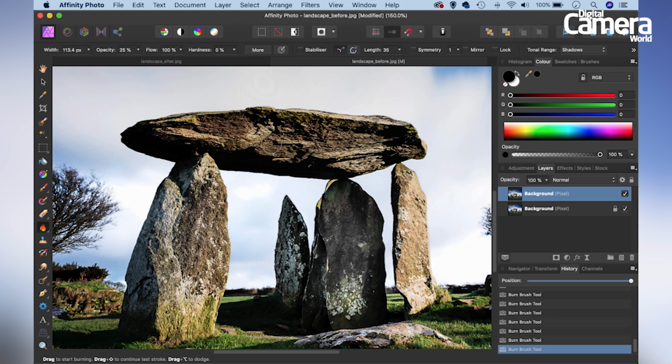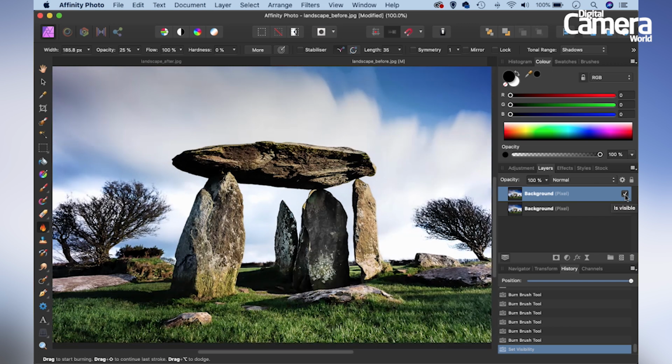So this is the great thing about dodging and burning landscapes. We can subtly enhance the textures like this, or we can use the tools to sort of draw the eye around the frame by darkening the areas that we want to detract from and lightening the areas that we want to draw the eye towards. So again, if I toggle that layer off and on, you can see how that just subtly enhances the shape